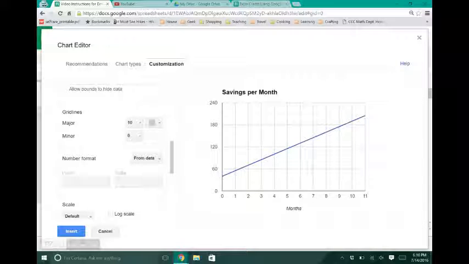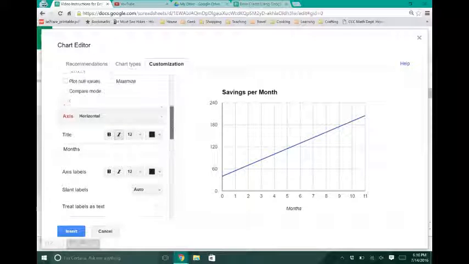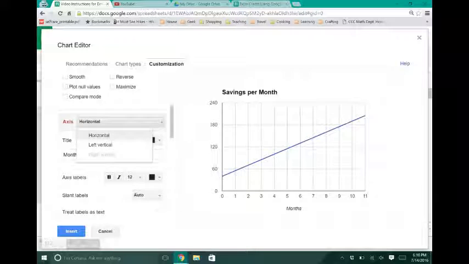Okay, so major grid lines are in, and you can put in what are called minor grid lines. I'll just show that to you because we will use it in a second. If I put in 4, that puts in little lines in between. That doesn't help me since I'm talking about whole months, so I'm going to put in 0. Okay, that looks pretty good for my axis, at least my horizontal axis, so I'm going to scroll back up